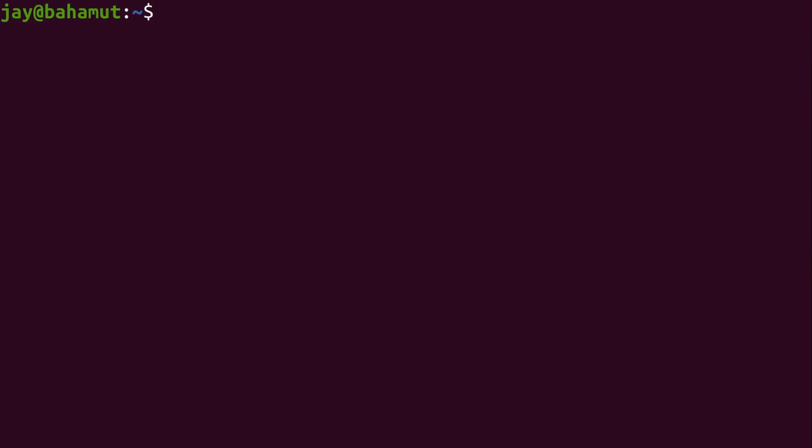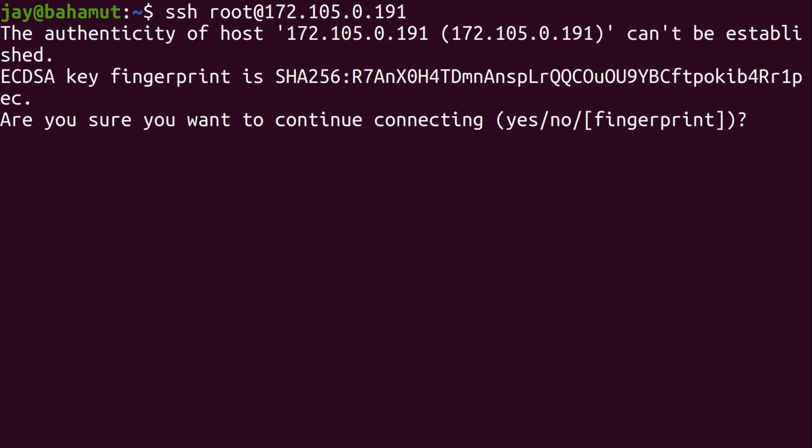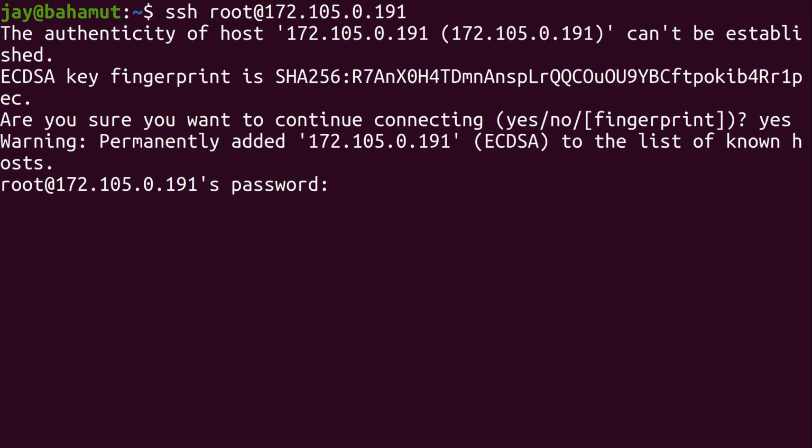So here I have a terminal ready to go, so I'm just going to SSH into that server. I'm going to use root for my username. That's very common when you have a cloud server that they use the root user account. Your configuration may vary. If you have installed your server from scratch, then you probably have your own username. And then I'll simply paste in the IP address, which you see right here, and we should be good to go. I'll confirm that, type in my password,